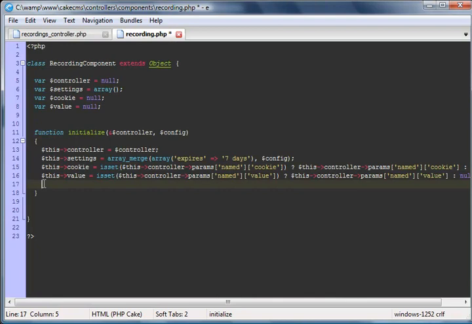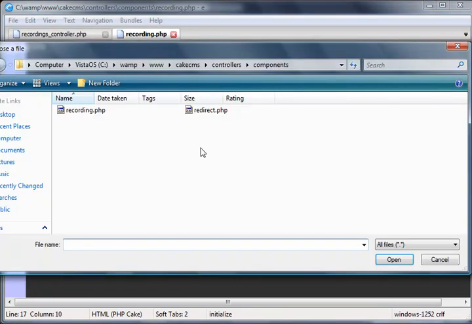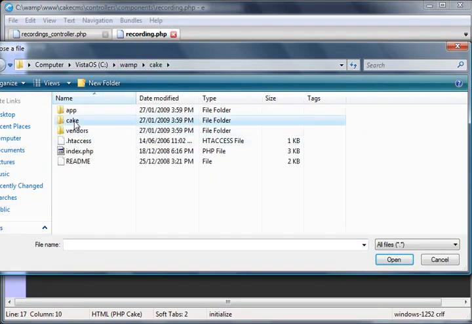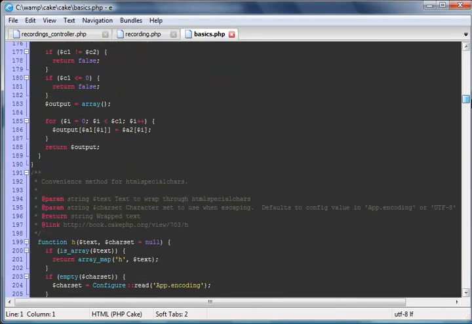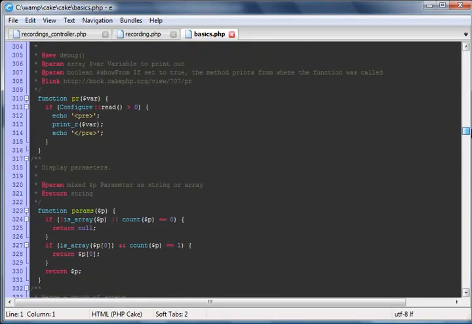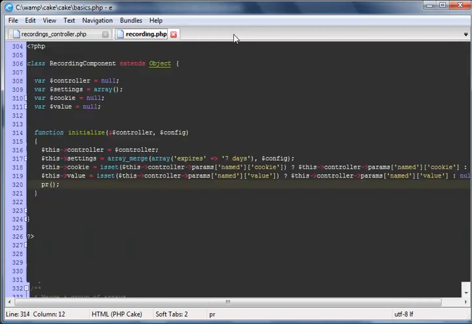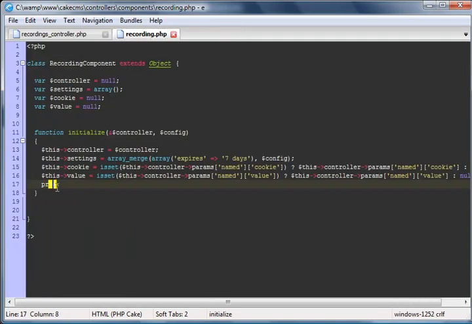and I just want to do a pr out. Now we can pr things out. It's a special function that comes with the CakePHP framework. If you want to have a look at all the other inbuilt functions that you can use, go into the Cake directory, Cake, and open up the basics file, and you'll see them all in here. If we look at the pr function, you'll see it's just the print_r function in PHP with pre tags around it. Alright, so we'll use that to print out this controller